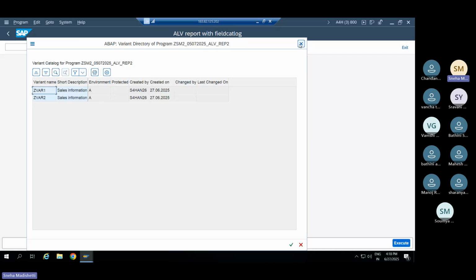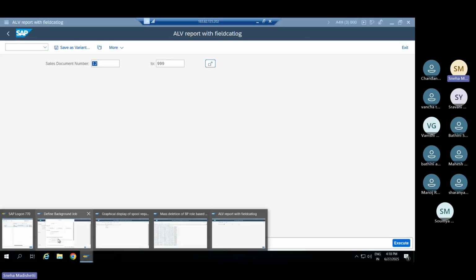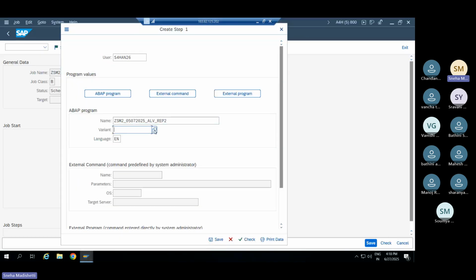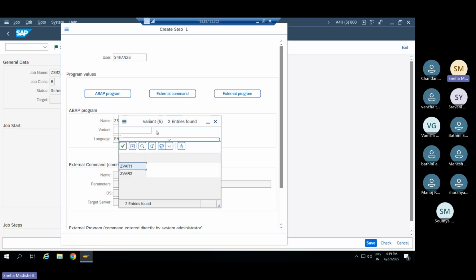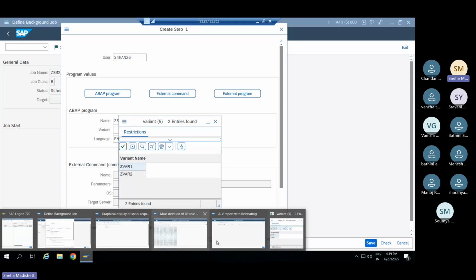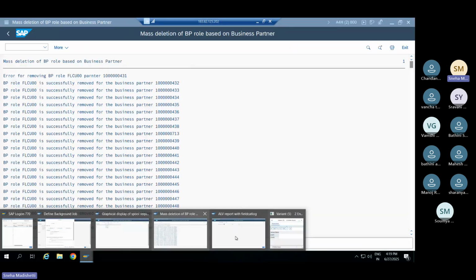Okay. So now I'll go to this one. Here I can choose a variant. So here there is no place to provide the input for this program. So that is the reason we created a variant in the SC38 transaction code. From here onwards, we can choose a variant for this program. So for this program, if I choose F4 help, two variants are there, Z_var1, var2. If I go to SC38 transaction code,